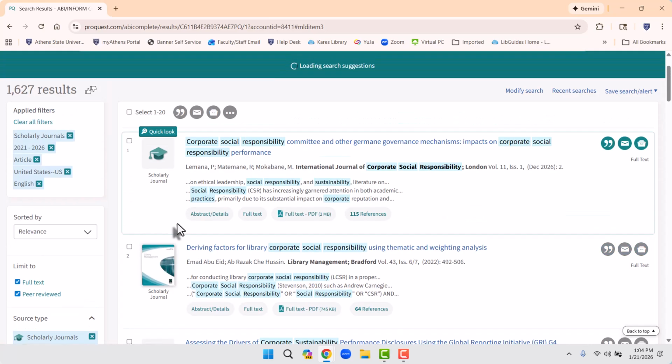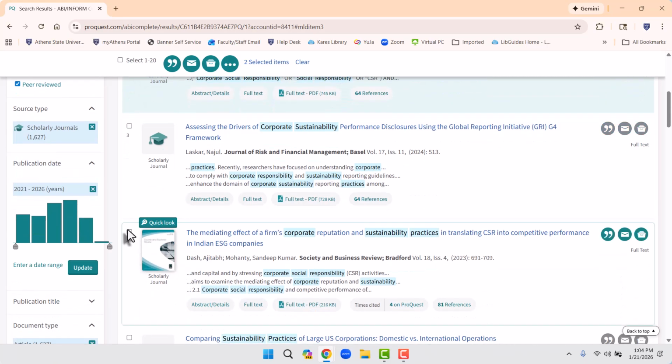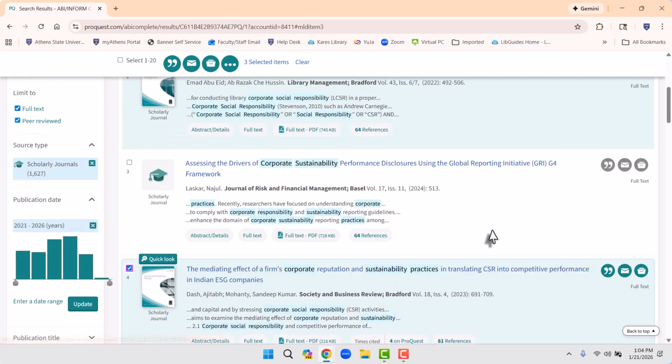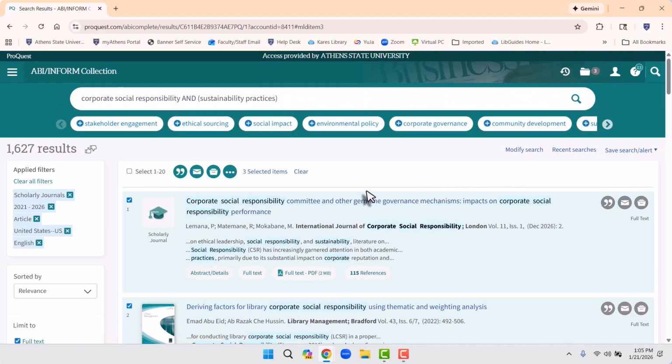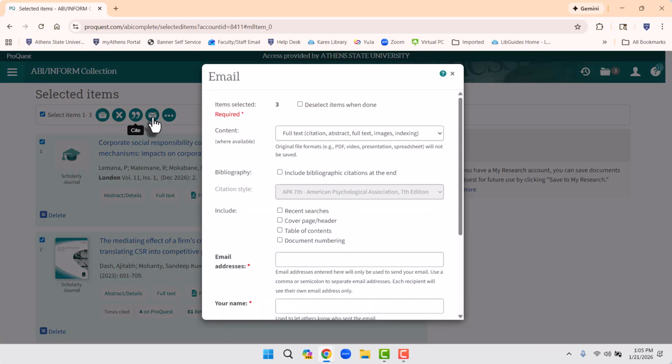If you just have a little bit of time, you can also just click the articles and email them to yourself, the ones that you may be interested in, and you can read through them later to see if it's something you could use. And to do that, I checked 3. You can go up into this folder, click on it, and just click this email function. And that would do it.